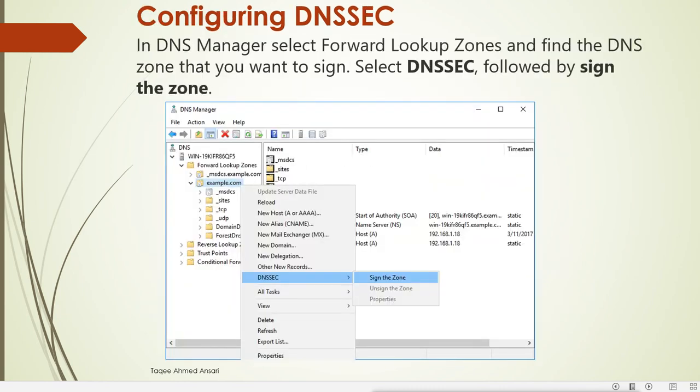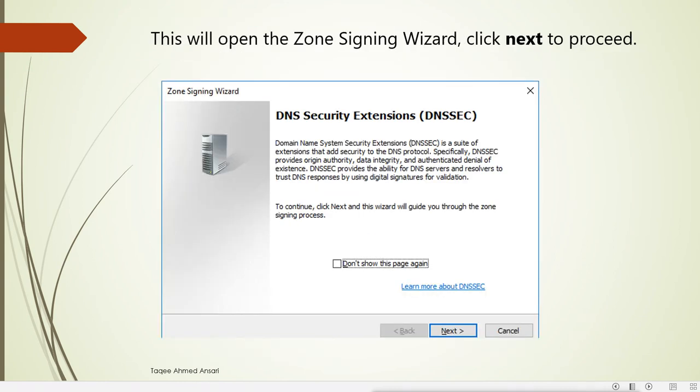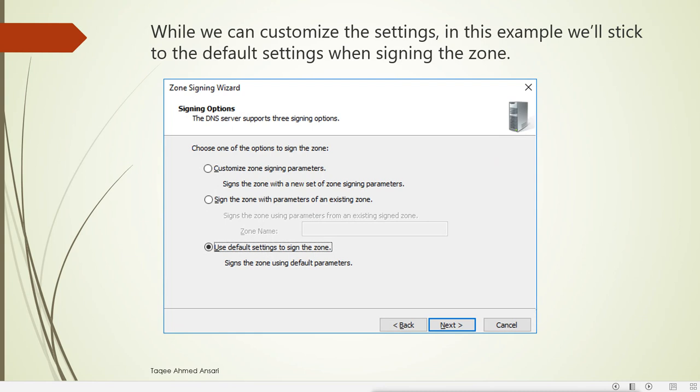Now for enabling DNSSEC, we just go to the zone which we want to sign, right-click on it, and you will get the DNSSEC option, from where we can sign that zone. When you select that, you will get a wizard, and this wizard will first explain what it is going to do. After that we get this option where you can choose how to sign the zone.